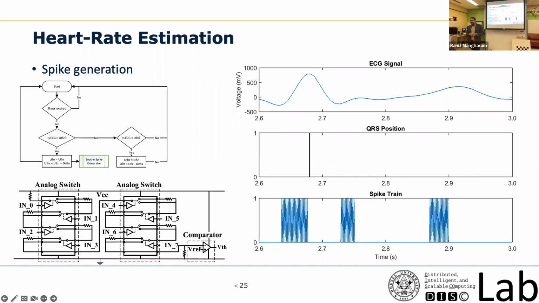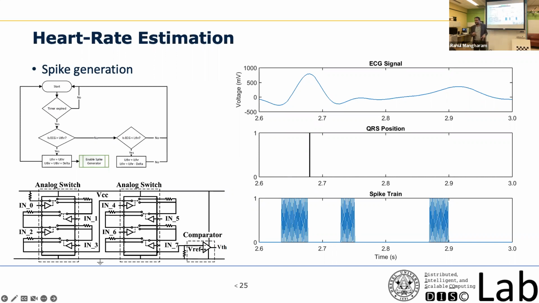So I have a question here. If you don't know where the QRS position is, how do you do the fire together, wire together? So basically these spikes are coming as an input, correct? Yes. So based on these spike timings, you're adjusting the weights, right? The part I'm not sure about is when you have your output neuron, it should exhibit the spiking behavior that shows the QRS position. So how do you know when this neuron is supposed to fire? This signal is generated completely in an unsupervised manner.